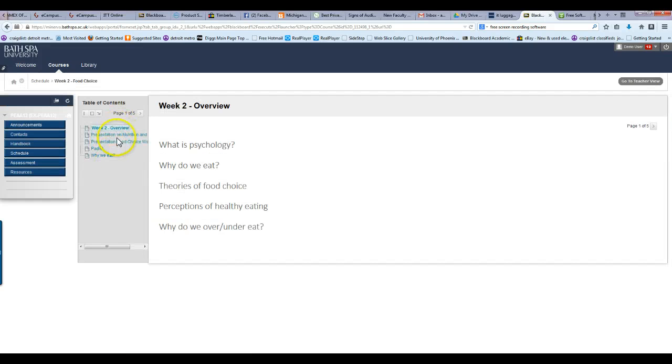There's an overview, the presentations, there's something called a Padlet, which I'll show you. And it may be discussion or a wiki or some other kind of activity for the students to do. The goal of the newer class was to make them more interactive for the students, not just have a presentation for the students to open, but have some kind of interactivity for them, someplace they could do some more discussion and be more involved in the class. So here's the objectives for the week, an overview. Then you could do this arrow right here,